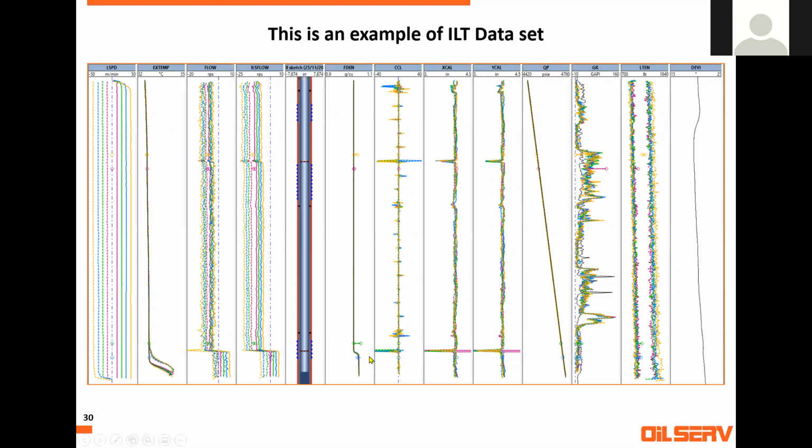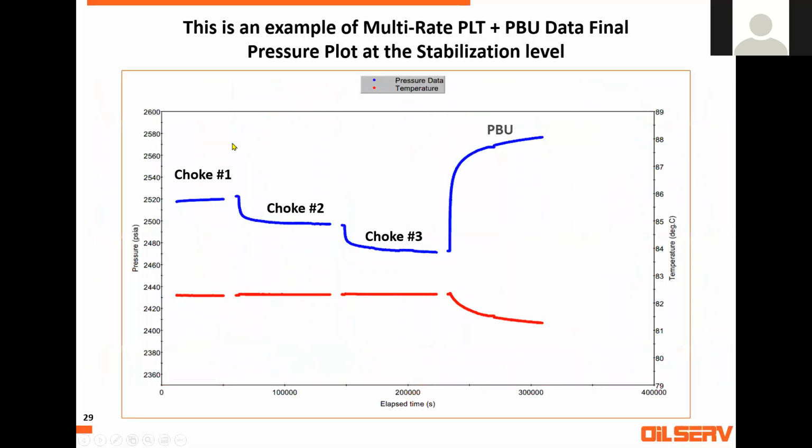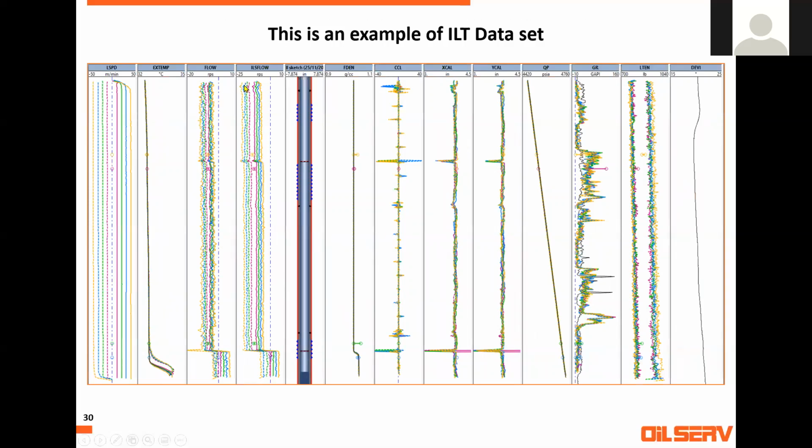This is most probably completion fluid. You have your CCL, and you see there is a huge spike in the CCL here, and here, sorry. And it comes exactly with the places where the flow rate is decreasing. You see the flow rate in minus. Let me go back to the producer so you can compare. For the producer, you read it from down to above. It was 0, parallel on 0, then it increased, becoming positive, then increased more. For the injector, you read it from above to below. It was in minus because you are injecting from above to below.